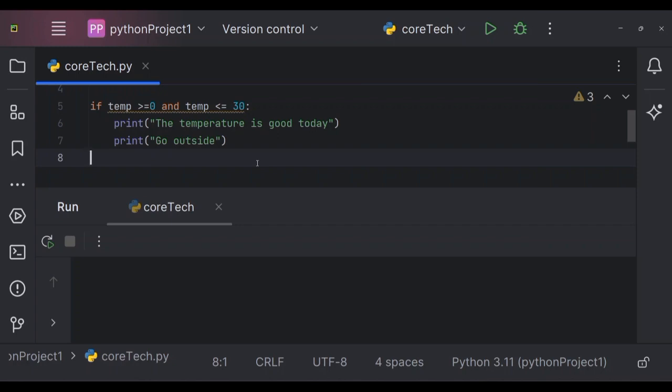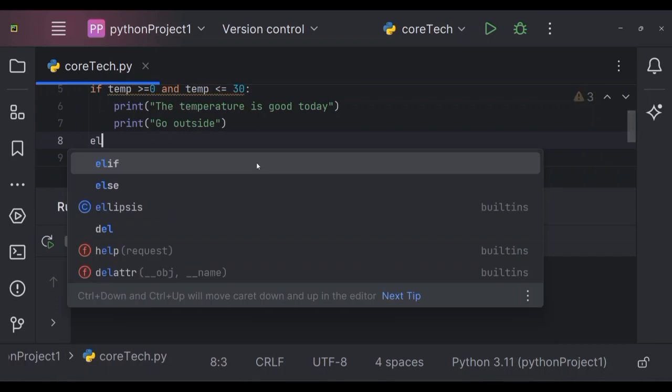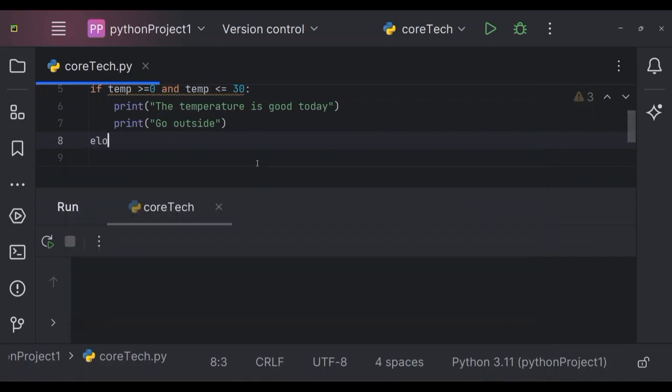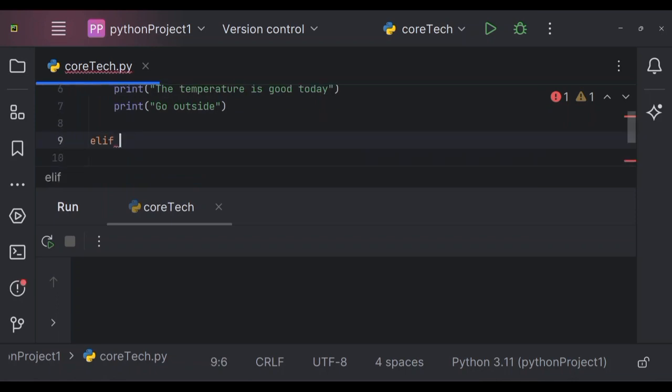So let us write else if. Let's write it on the next line. Else if temp